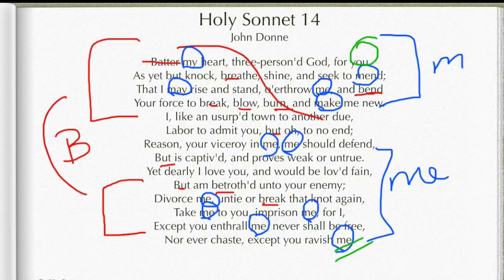I think there are so many beautiful things happening in this poem, and you may ask yourself, well, did he really intend this? It seems so complicated. Did he think all of this through? Did he say, I'm going to do this B sound and break it up with this M sound? Well, maybe he consciously thought about that.